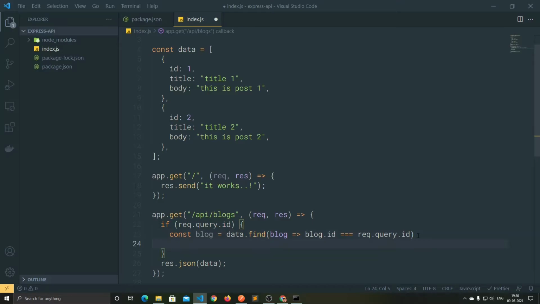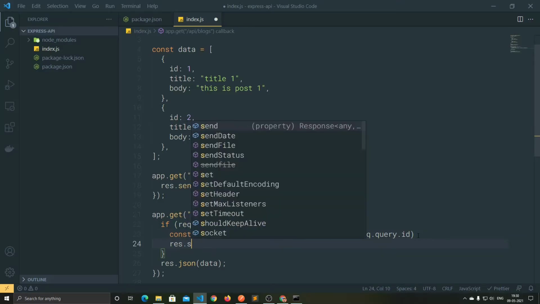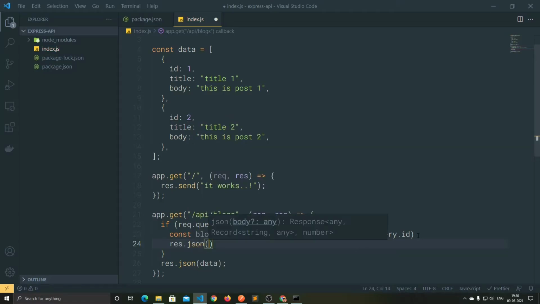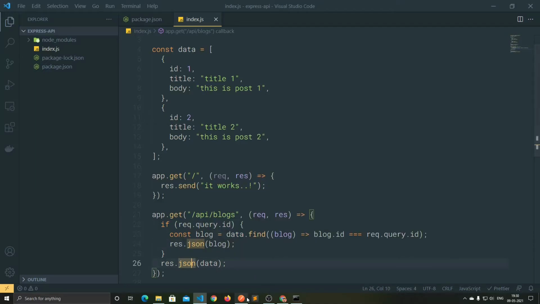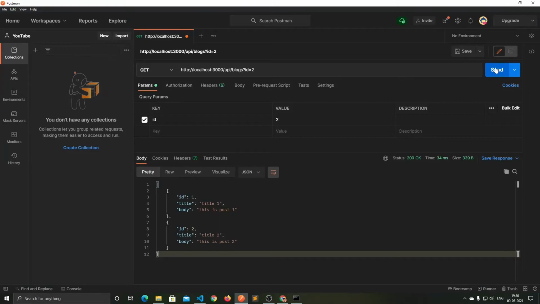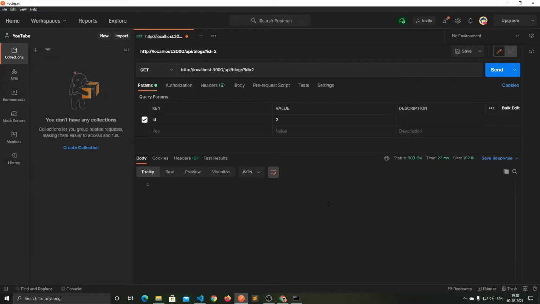Now after that, we want to send the response with res.json. We are sending JSON data, so you need to use the json method, res.json with the blog. Now if you save it and go back to Postman again, hit enter, you can see that nothing is coming from the